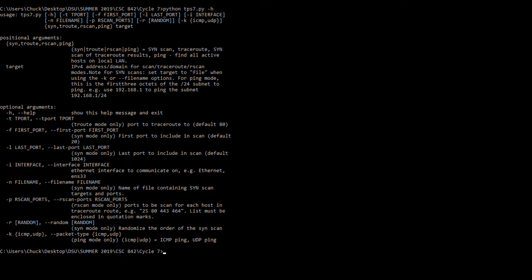The other one I want to mention is the file name argument, which allows the user to specify the targets of the scan, the target IP and domain names, and a list of ports in a data file, and have tps7 run through that data file, and for every IP or domain name in that file, there'll be an associated list of ports to scan on that host, and tps7 will scan them. So we'll take a look at the TPS program in action,